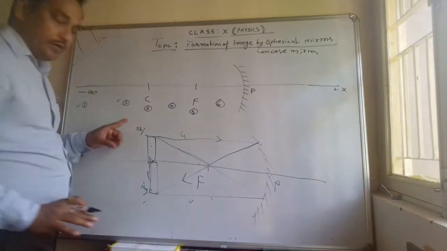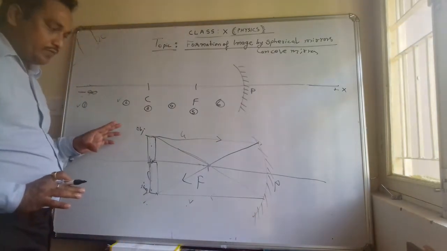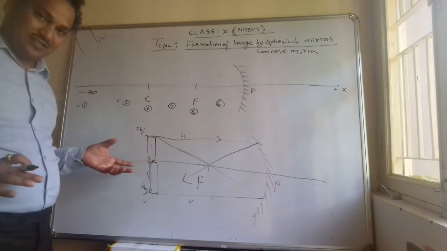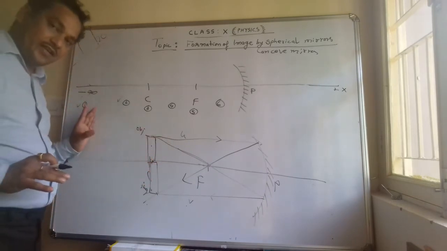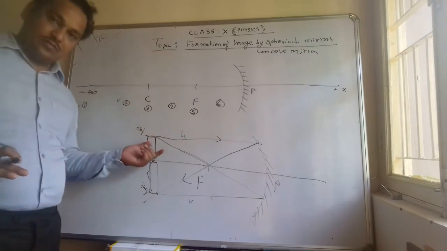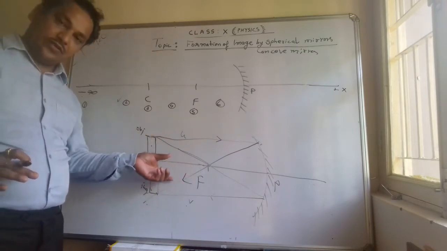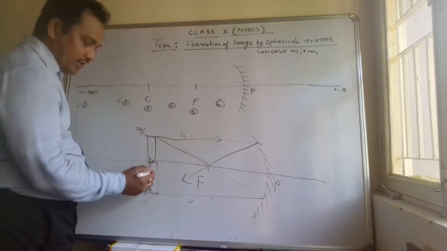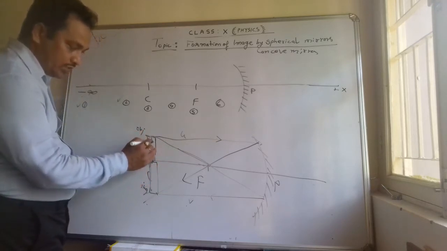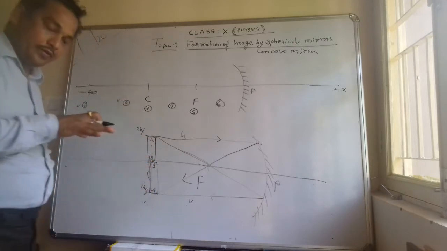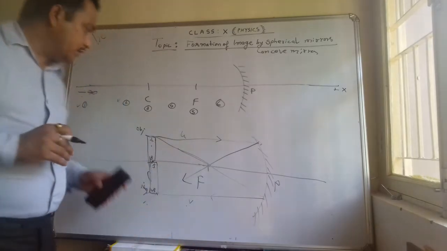Okay, and in all these cases we have seen that the image formed is inverted and real. Okay, when the object was at infinity, there also a point size image was formed, and then when it was beyond C, the image was also upside down, inverted and real. Here also, for example, if this point is A and B, so this will become B and A, inverted. Okay, let's see the other case.